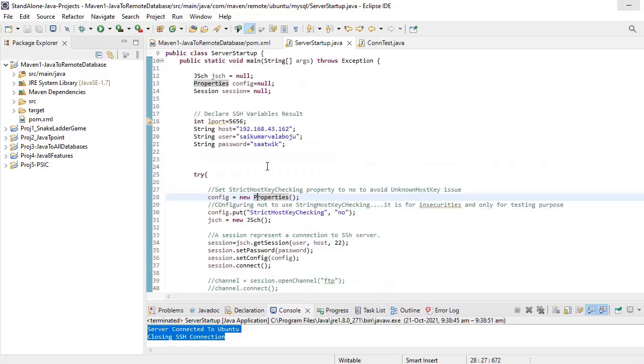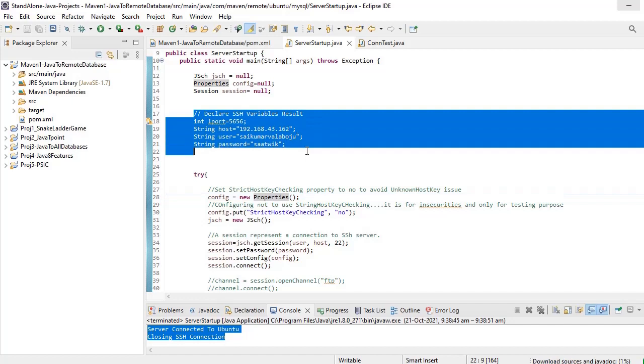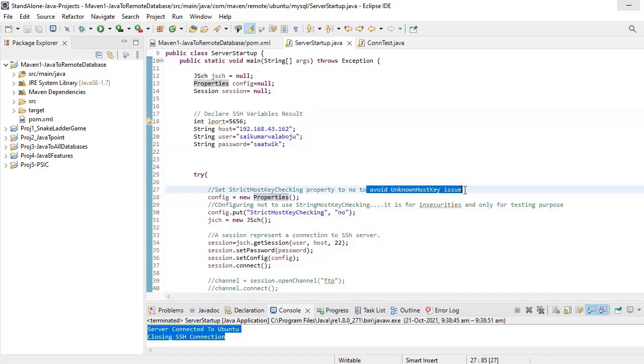First, here we have declared three variables. These are the SSH variables, the user details. Next, we have to create a config properties object. The purpose of creating the config property is to avoid unknown host key issues.